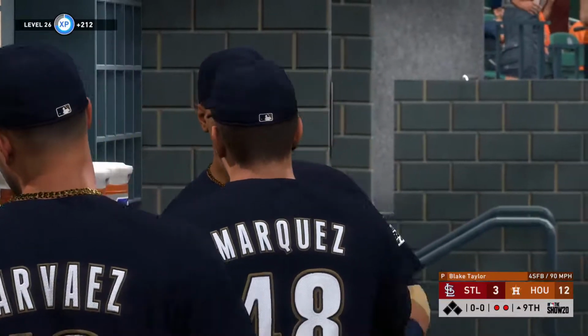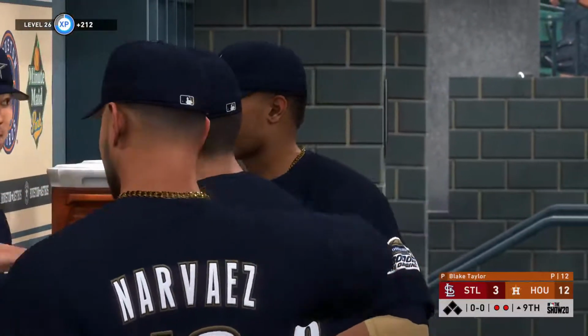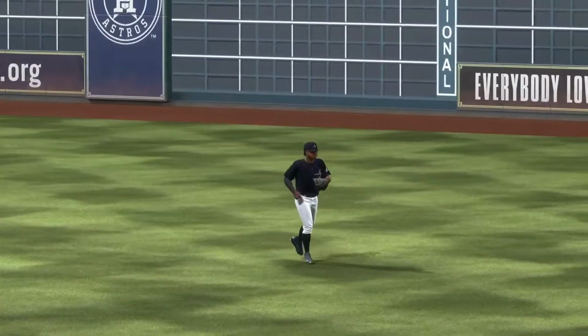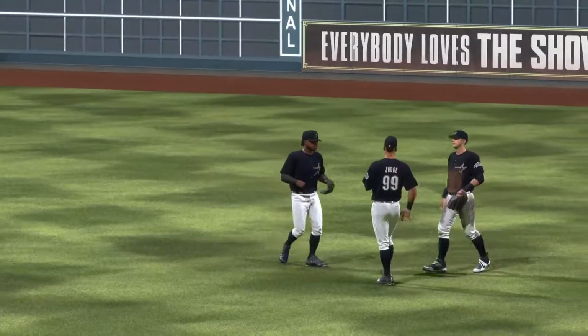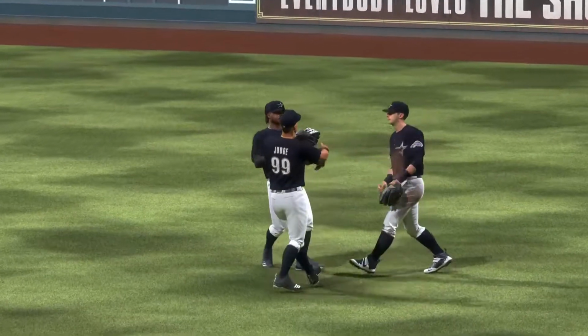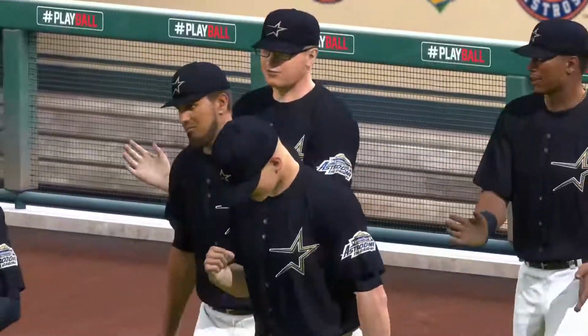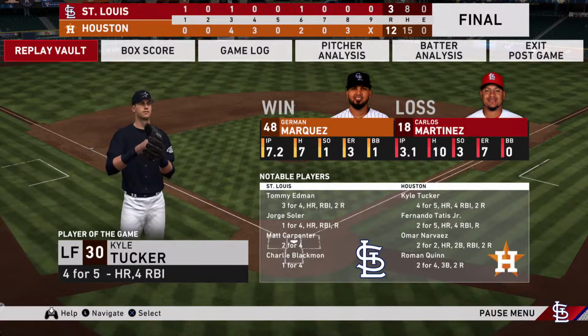On paper, this had the makings of a real hard-fought game, but paper and reality, those are 2 different things. They pulled away and never looked back. How about to a tune of a 9-run victory? 12-3 is the way this one ends. The Houston Astros get the win on the heels of 4 home runs. German Marquez is credited with